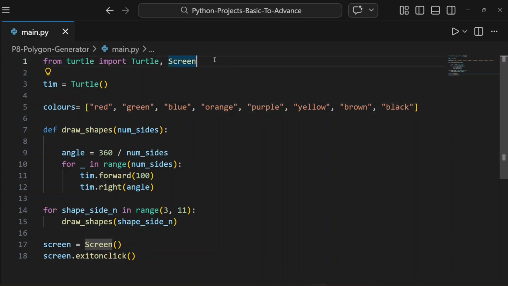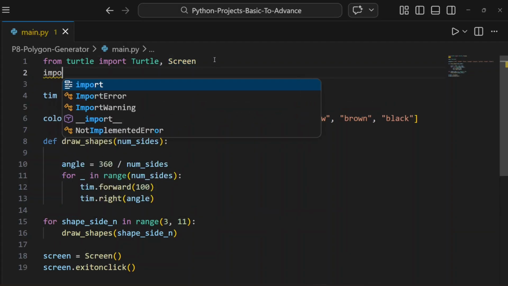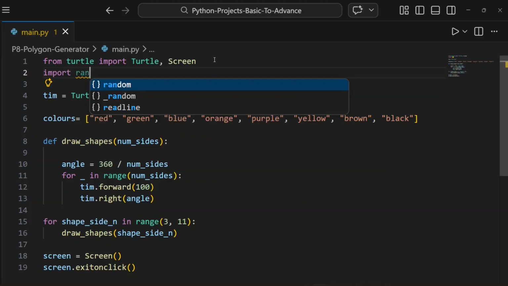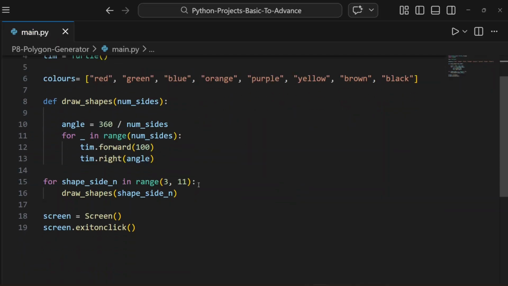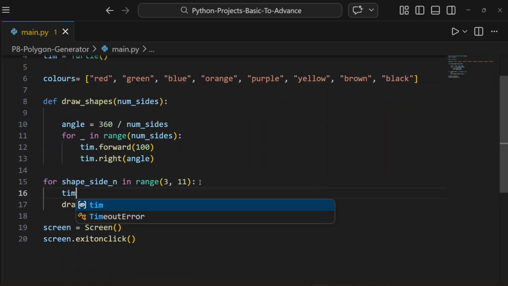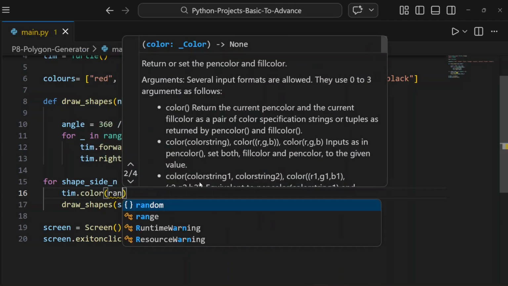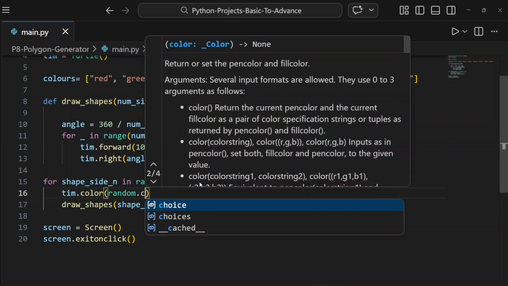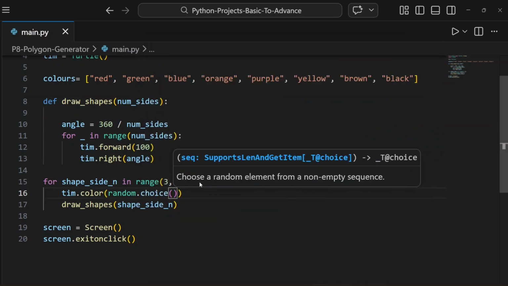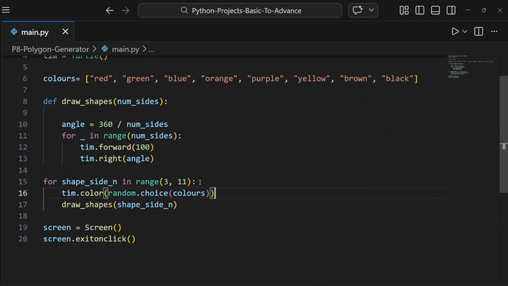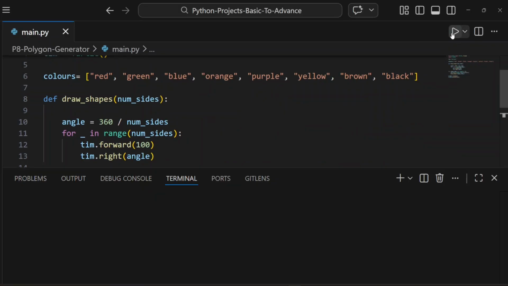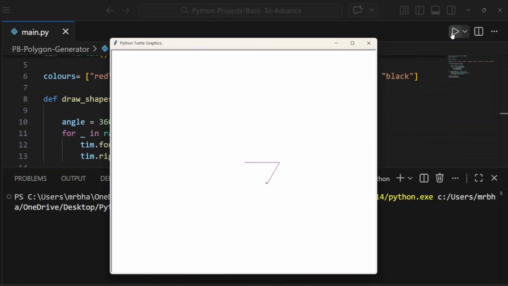For that, import the random module. Let's say import random, and let's give it here as tim.color, and from random.choice and our colors, and let's run it. Yeah, it is randomly picking colors,